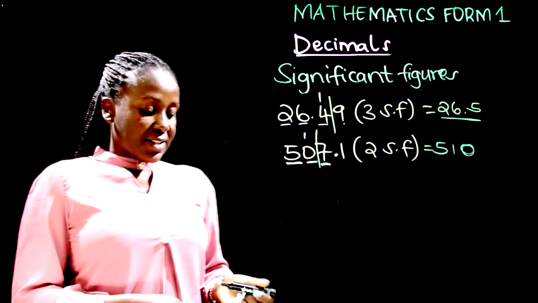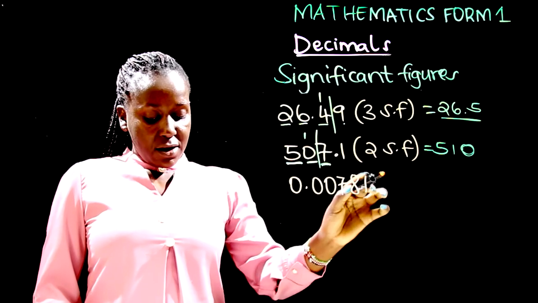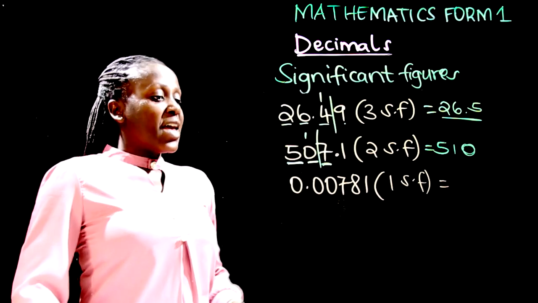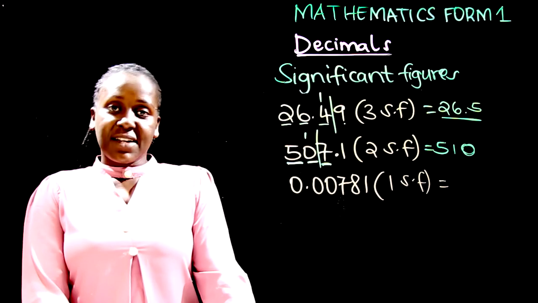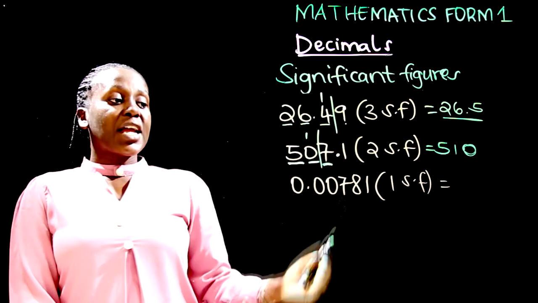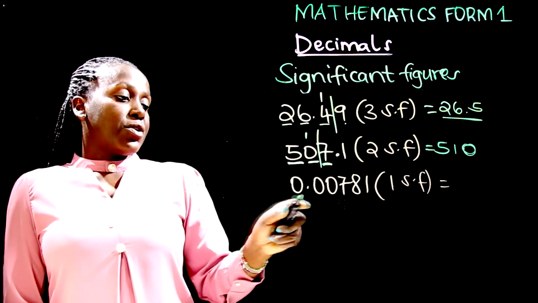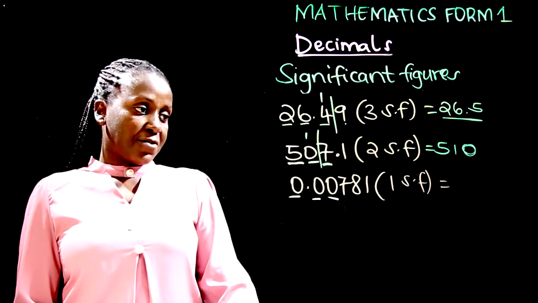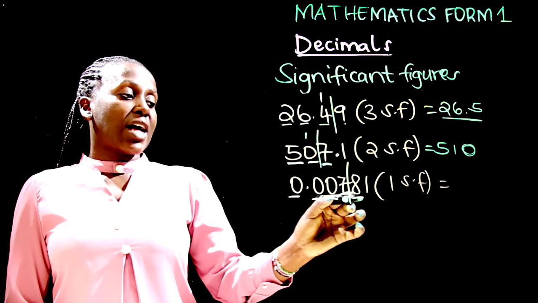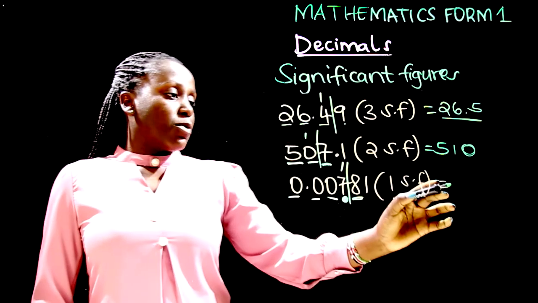All right, let's look at another example. 0.00781 correct to one significant figure. Good. Now, the way the number is right now, how many significant figures does it have? So remember the other rule that any 0 to the left of the number is not significant. So this 0, this one and this one cannot be counted as significant figures. We will begin counting from 7. So 1 and then we slash. Looking at 8, 8 is greater than 5, so we round it up. So we add 1 here and then we will have